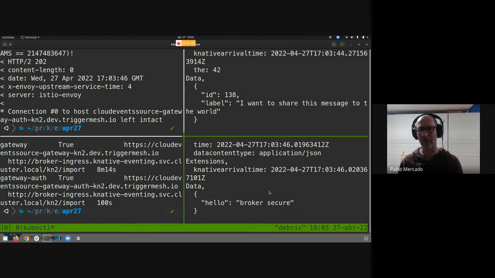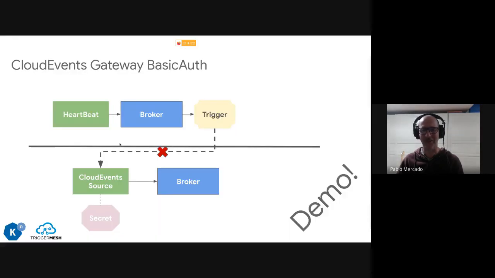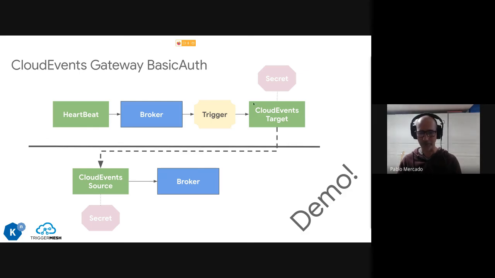So we now have a protected endpoint, using SSL and basic authentication. I don't know if you call that protected, but it is better than fully open. But we have a problem: we cannot use it from here. So we are going to introduce also a component that is a work in progress,